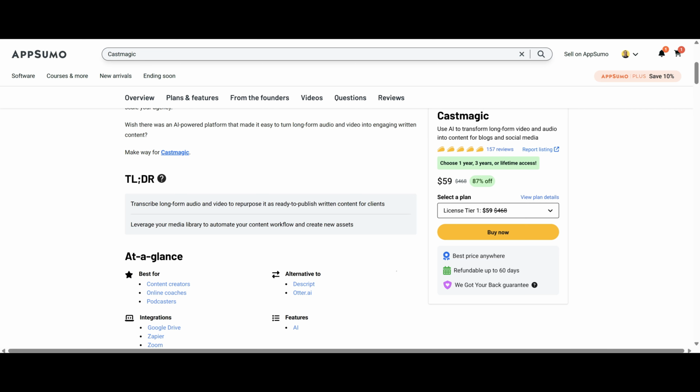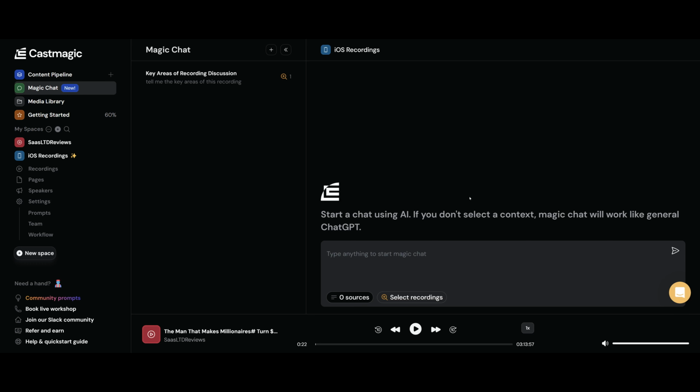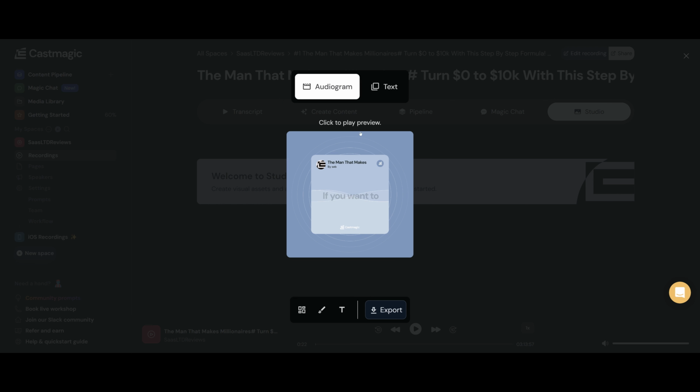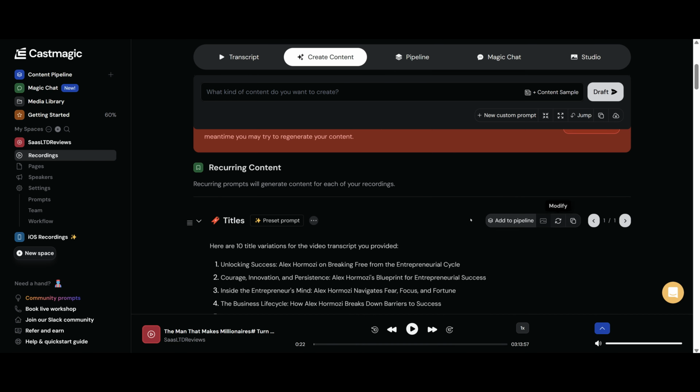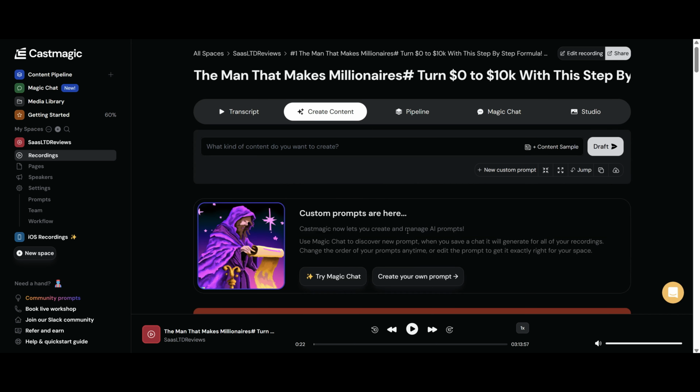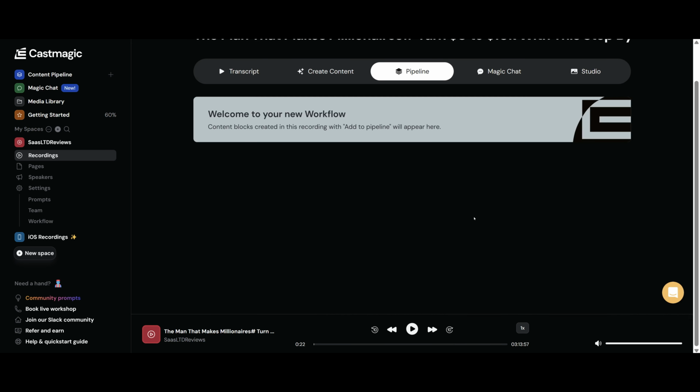your own recording. There are some awesome features in Castmagic, such as chatting with any of your recordings with AI, creating pages to generate content from a prompt, creating mini videos or images from your recordings, automatic content creation when you upload a recording, or you can choose from your own custom prompt, and it's a great tool for utilizing